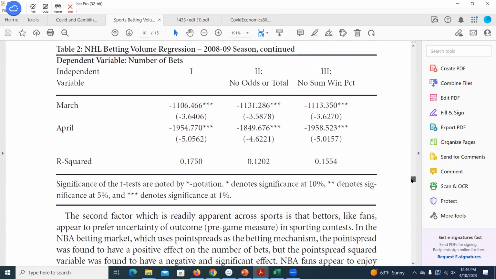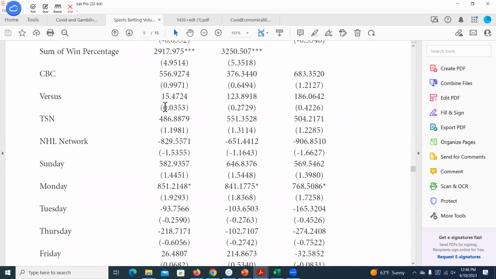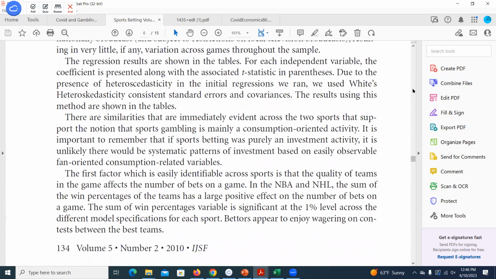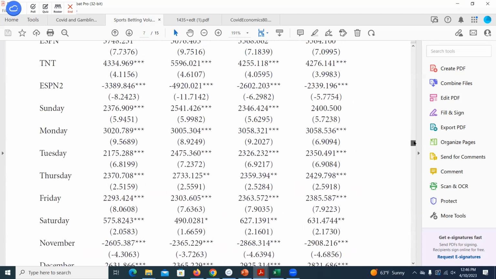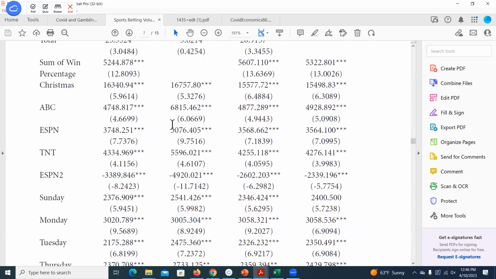So we come down here and we say we didn't find an effect, but we only had an R squared of 0.17, right? There are probably a lot of other control variables that we would have loved to have in this regression. But just because we didn't find an effect here, if we look at those network coefficients, CBC, TSN still having these games up, there was some positive effect, right? And in fact, if we had NHL represented on larger networks, we say, well, it doesn't matter, people don't bet more on games that are on network TV. But a different sport, if we had more variation in the networks they were on, maybe we actually do find an effect.